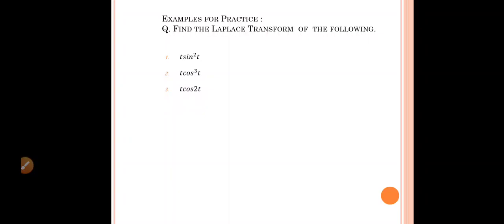It is very simple. Just find the Laplace transform of cos 2t from the standard result list and then apply multiplication by t property. Now the fourth example is t into square root of 1 minus sin t. This is somewhat different example. Here first you have to write this square root of 1 minus sin t in linear form, that is, in the terms with the degree 1. So here I can give you one hint.